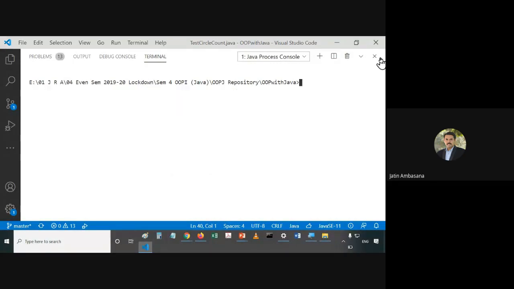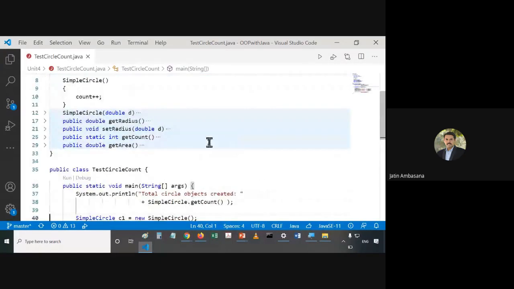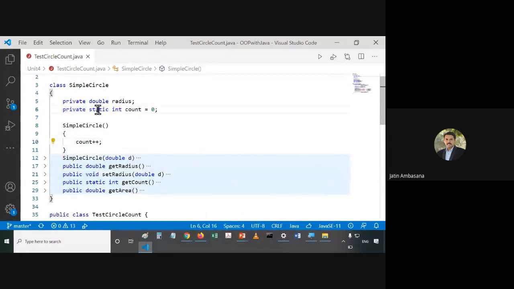So this static variable is basically used in this manner. This is the best use of a static type of variable. You can define it so that you can count the number of objects created since the class has been loaded into the memory. Understand? That is the objective of a static variable. You can basically count the number of objects created. Okay.